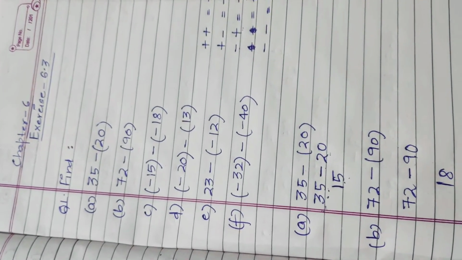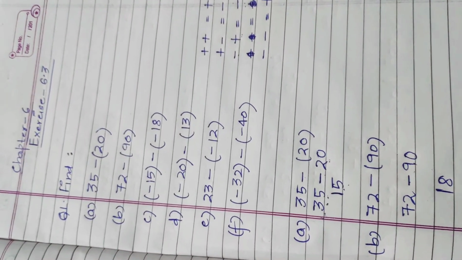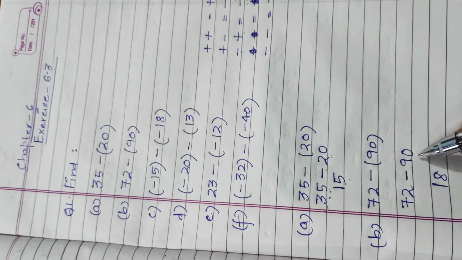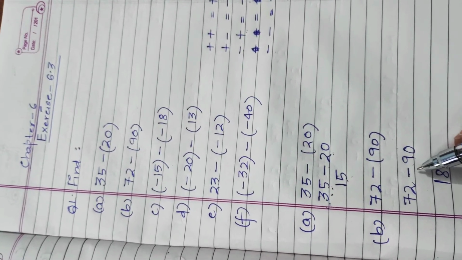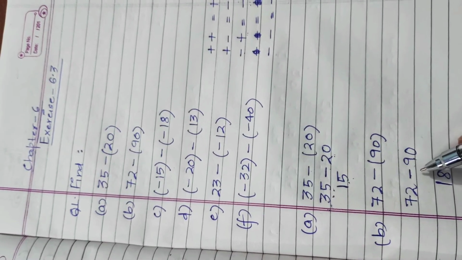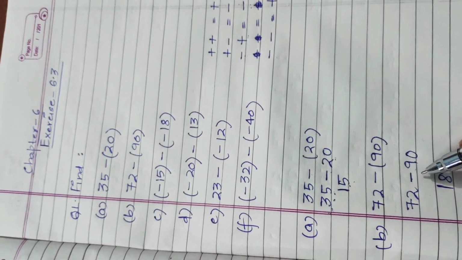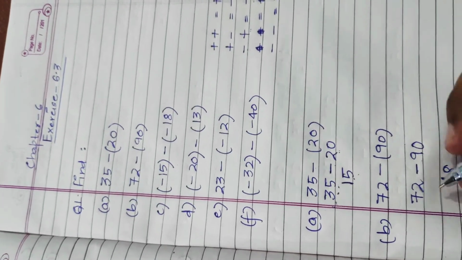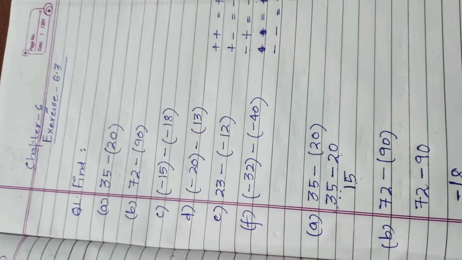Now it is time to put the sign with the answer. As I have told you, we will be looking for the greater integer. Here the greater integer is 90. And what is the sign with 90? Minus sign. The sign with 90 means the sign that is written just before the integer. So the sign is minus sign. Hence we are going to put the minus sign with the answer.